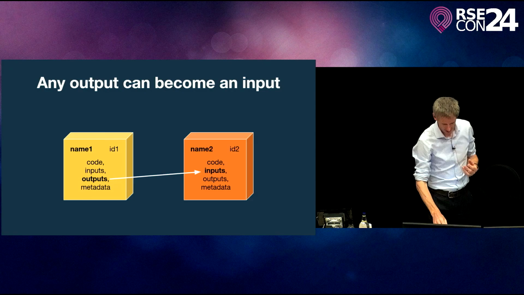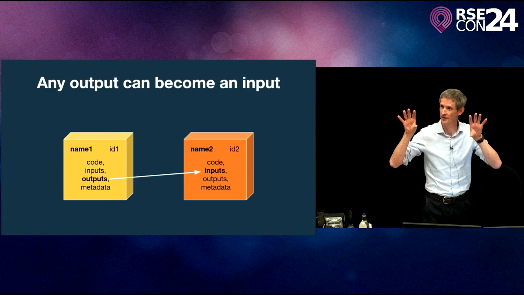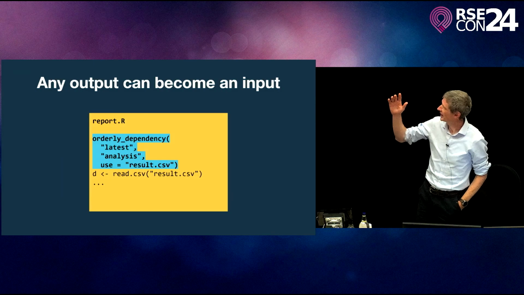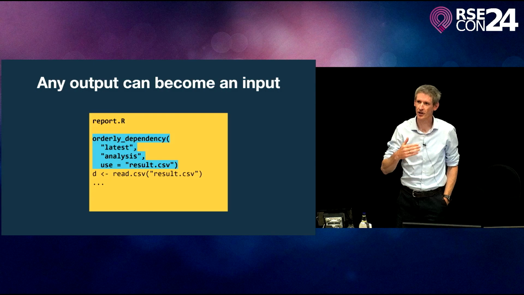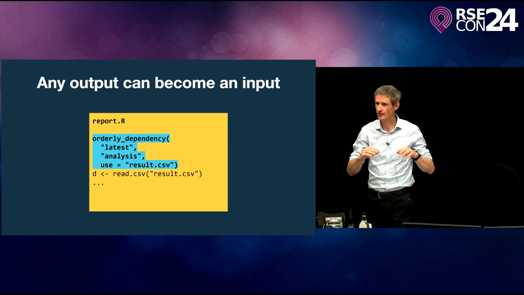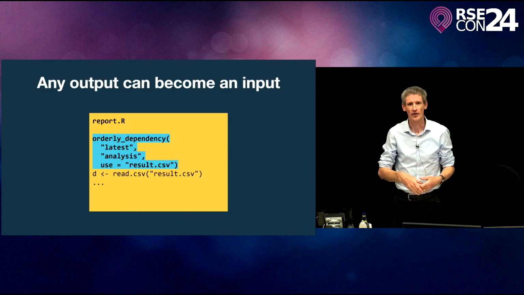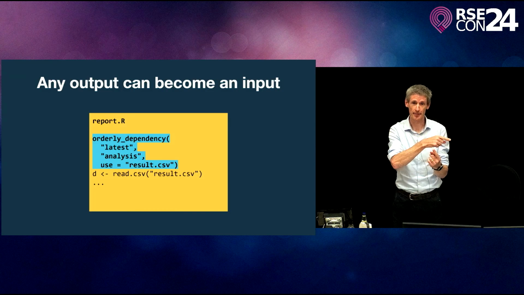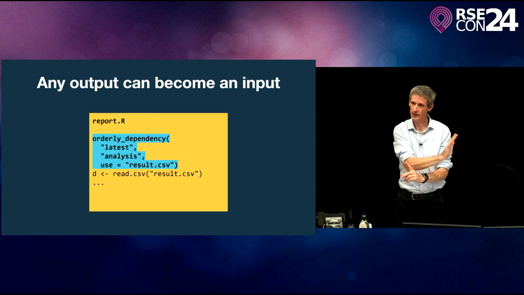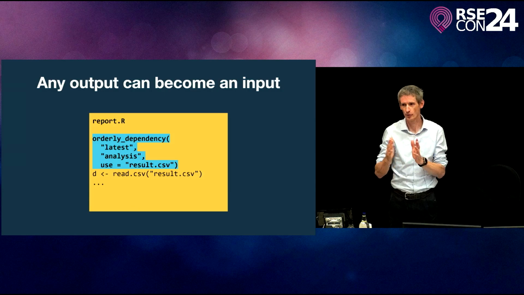And so in this framework, we have this way of declaring a dependency among these little data blocks, these little packets as we're calling them. So you just declare, I want to use the latest version of the packet called analysis, and I'm going to use the file result.csv out of it. And that will take care of all of the grunt work of finding it and erroring if it's not there. It'll track the dependency back for you. And so then you can build a dependency tree backwards in time through what you actually ran, rather than one forward in time over what you proposed to run.